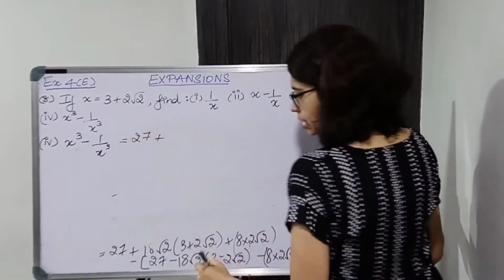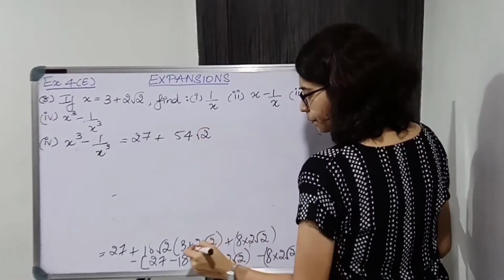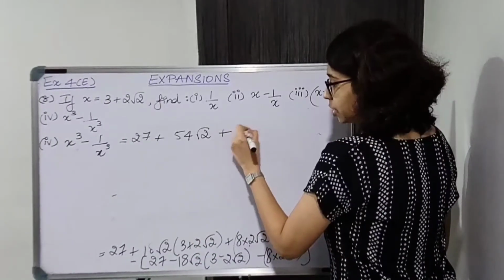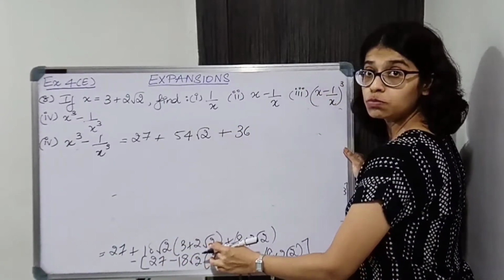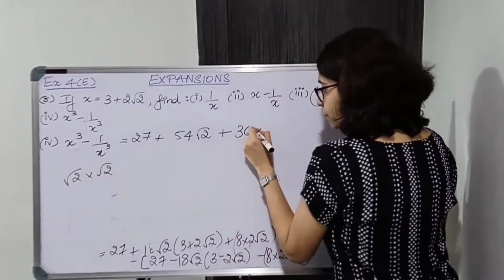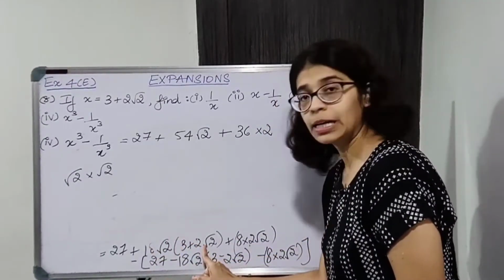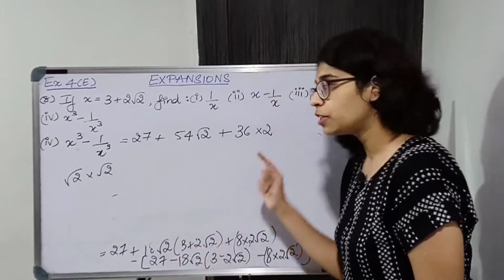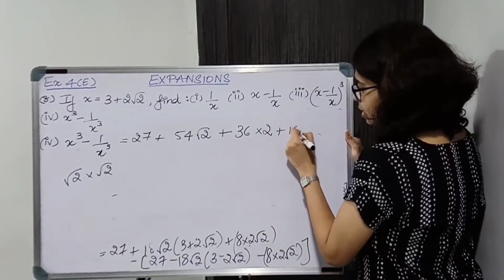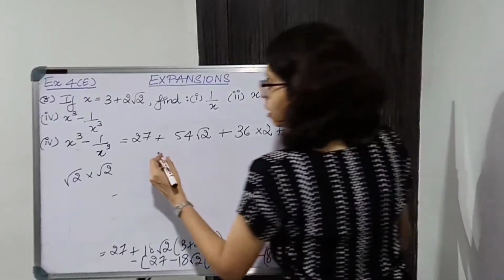27 plus 18 into 3 gives 54 root 2, plus 18 into 2 will give 36 root 2 into root 2. Root 2 into root 2 will give 2, so into 2. The numbers outside the root, I multiplied them. Root 2 into root 2 will give 2. Plus 8 into 2 gives 16 root 2. Root will remain as it is. Okay, minus